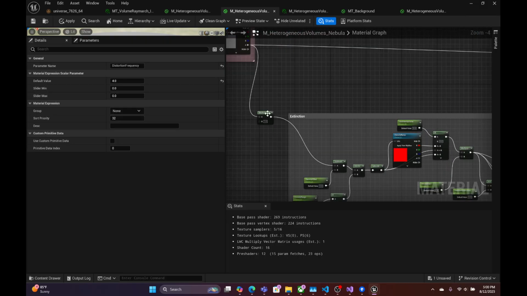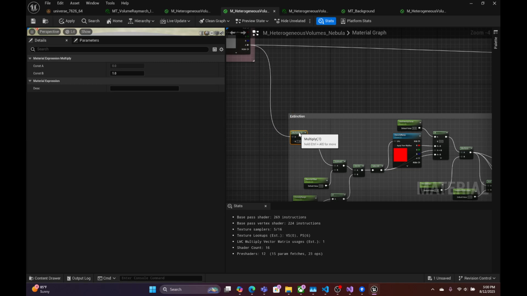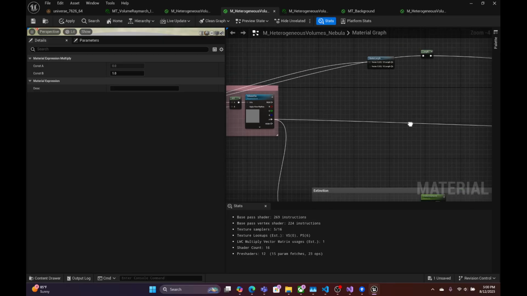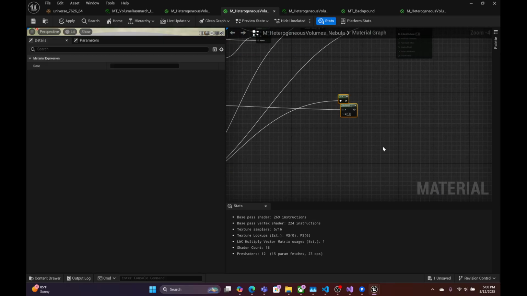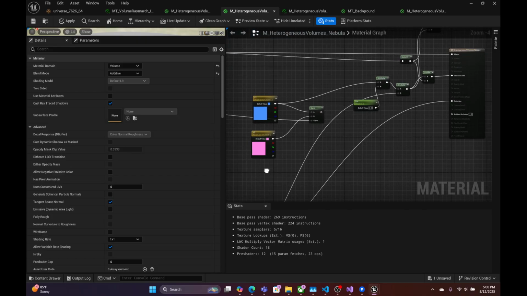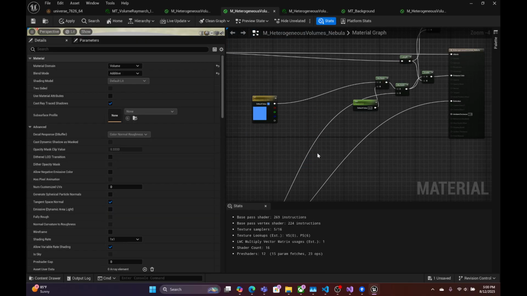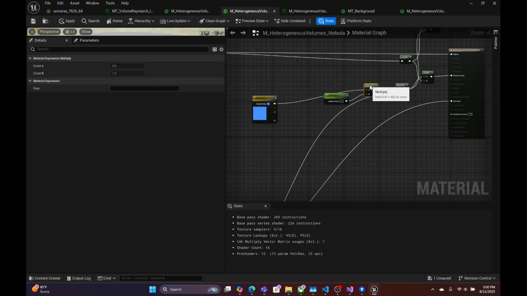Then I feed the alpha into this extinction here, which is the density, and also get rid of this. And then also we can get rid of this. Just cleaning up stuff while I'm talking about it. Yeah, so I've added my own little